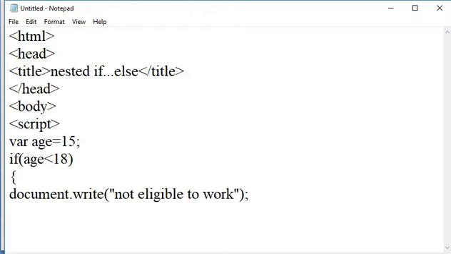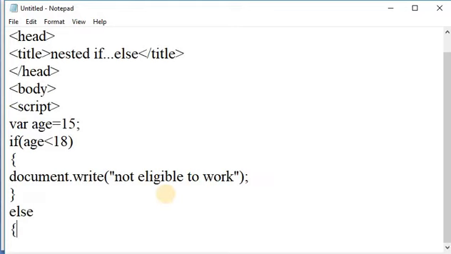Okay. Next statement is else. Suppose the first condition is true, then document.write means this is displayed on the web page. And next is the else statement.